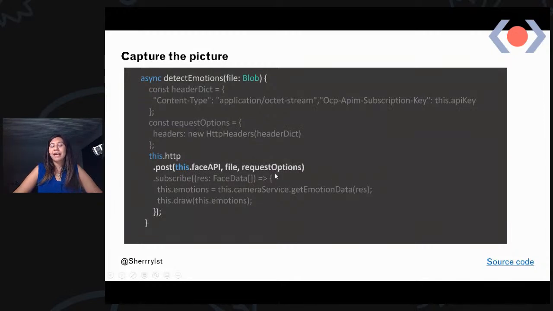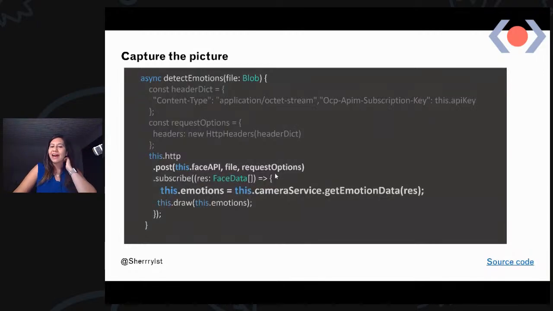And when everything hopefully goes well, I get that emotion, because what cognitive services does is give you an array of face data, because there might be more than one face. I get that array of face data, and I was interested only in the emotions.